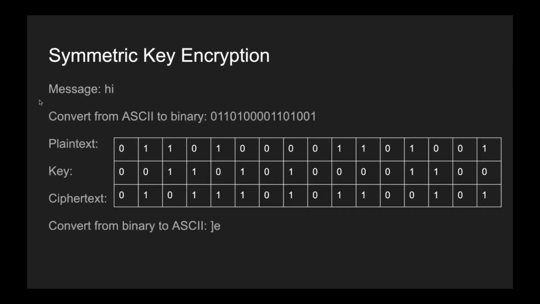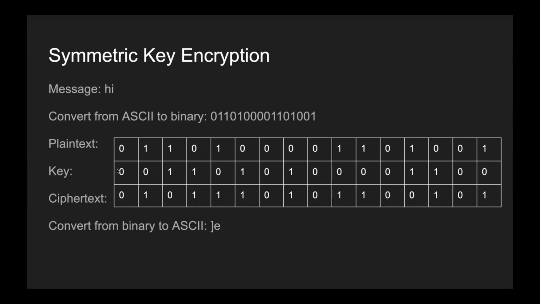So let's look at another example of symmetric key encryption. If we want to take the message hi and send it across a computer, one really good way to do this is to use what's called a one-time pad. I'm going to explain all the numbers on the screen. First, computers don't store characters as HI, they store them as 0s and 1s, so just convert from ASCII characters into binary. This binary is what you see as the plain text. That is the binary for hi in ASCII.